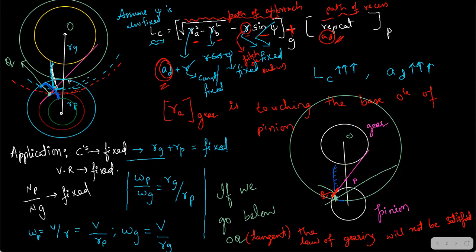Fine. Many people must be getting that doubt, whether we are going to add it or not. We are going to add it for the addendum of the gear as well as the addendum of the pinion. We will derive it in the next video just for the gear. Automatically you'll get it for the pinion also. I'll just show it in the next video. Fine.